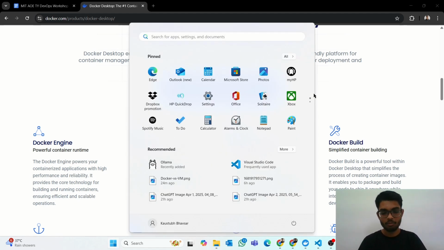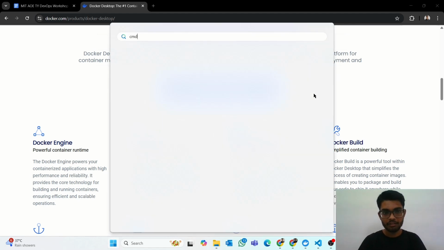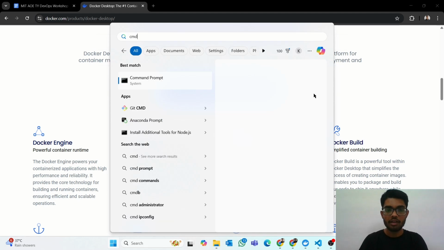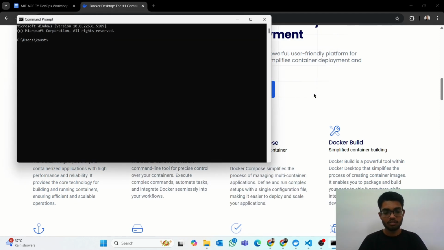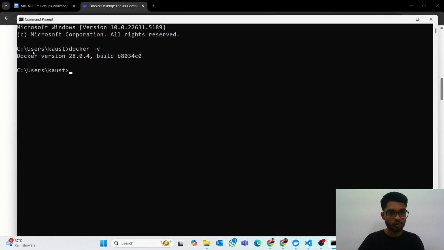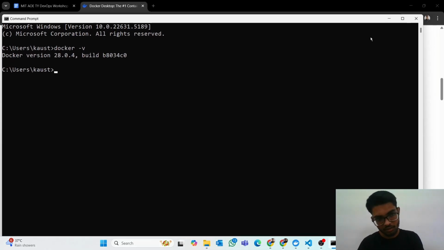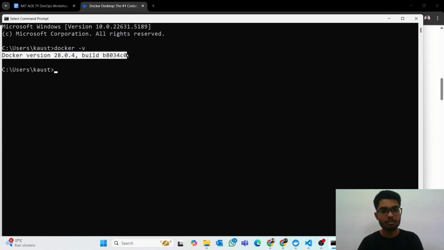just open your command prompt and you have to type one command, which is docker -v, and you have to hit enter. If it is successfully installed, it is going to show you the Docker version, which might be different. You might have the latest version of Docker. It does not affect too much, but yes, if you are getting this, it means you have successfully